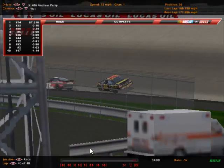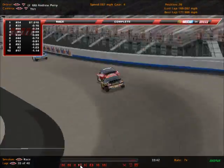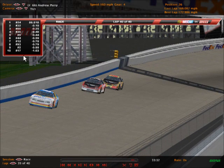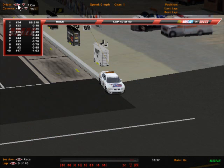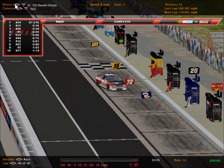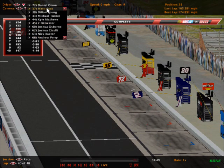And apparently we had a crash on the final lap of the event at the cool down. Well, it may not have. I don't know. Well, so never mind on that. Anyway,